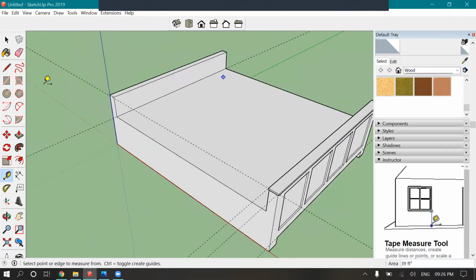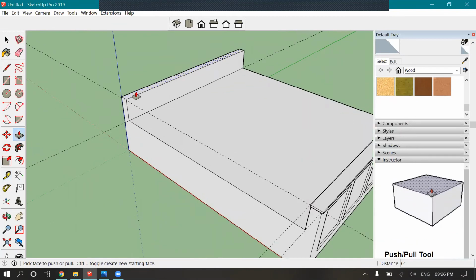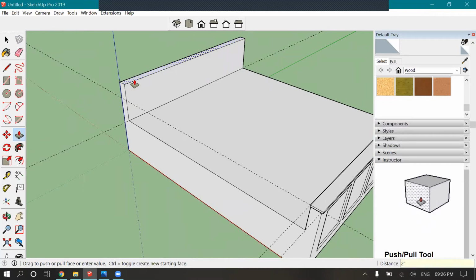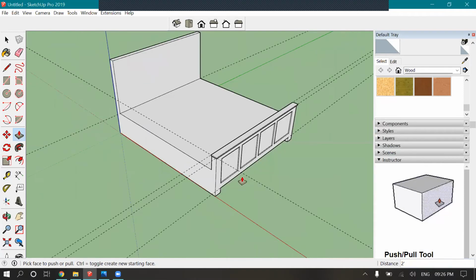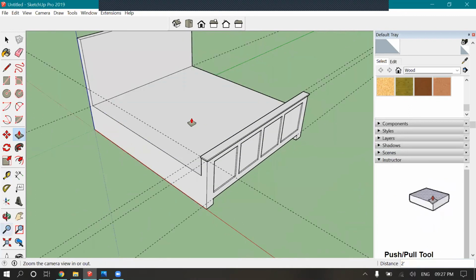So now we'll be adding 2 more feet. This is completely up to you. You can add 2.5 or 2.15. That's up to you completely. Okay, we'll be doing it later.